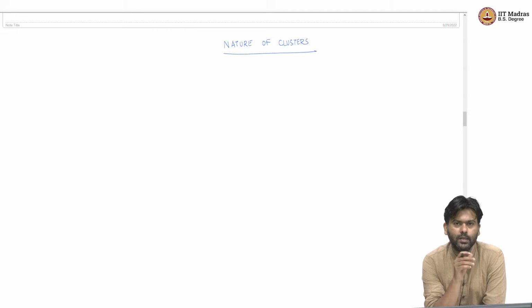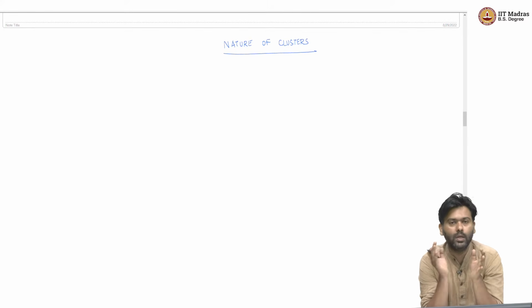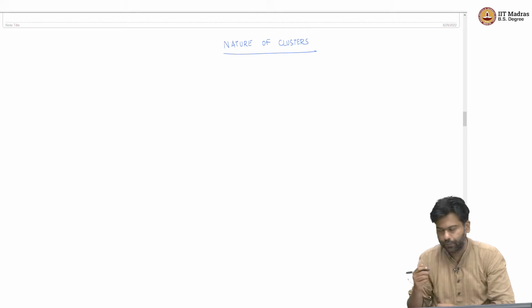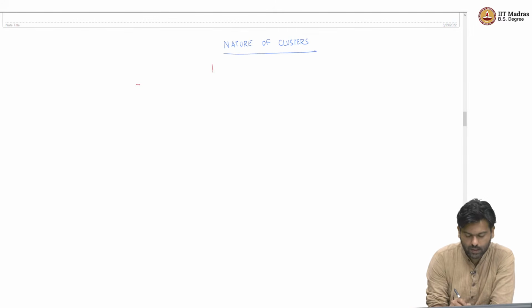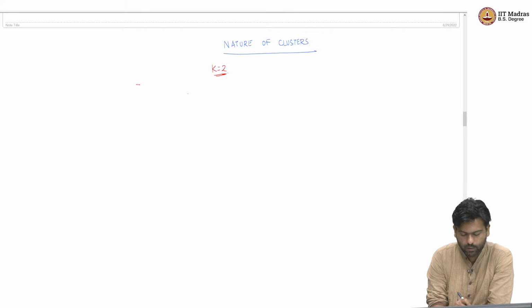Okay. So, the next thing we are going to look at is what kind of clusters are being produced by Lloyd's algorithm. We know that the algorithm converges, but what can we comment on the type of clusters that result from this algorithm? To take a simple case, let us look at the case when k equals 2. When you have a bunch of data points, you just want to divide them into 2 buckets or 2 clusters. So, let us say Lloyd's algorithm is run with just k equals 2